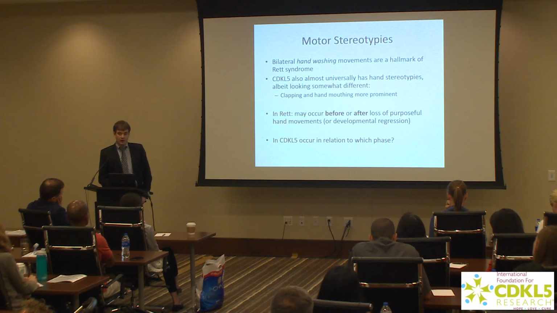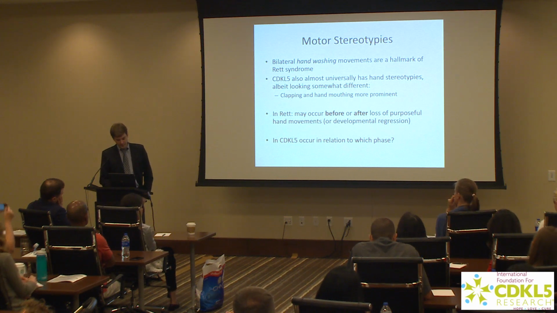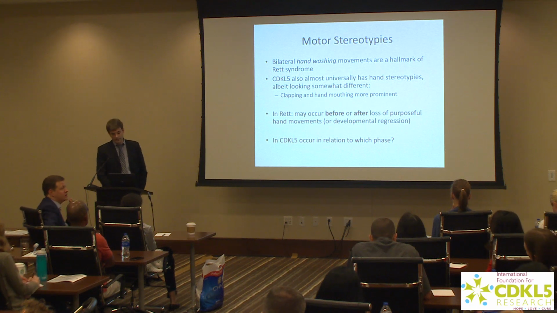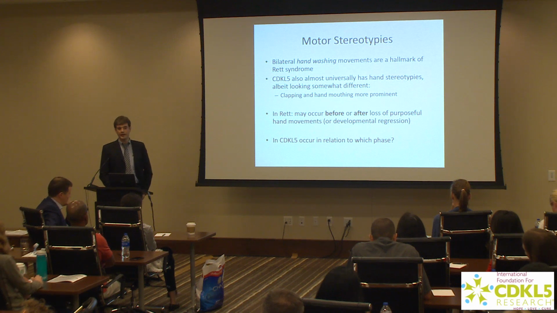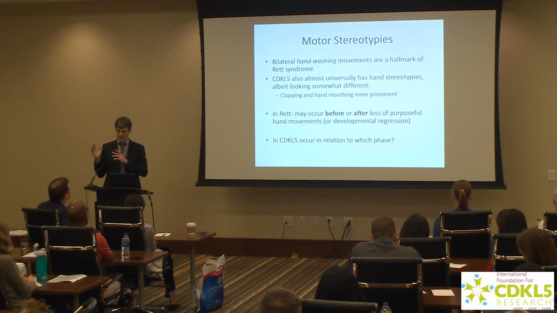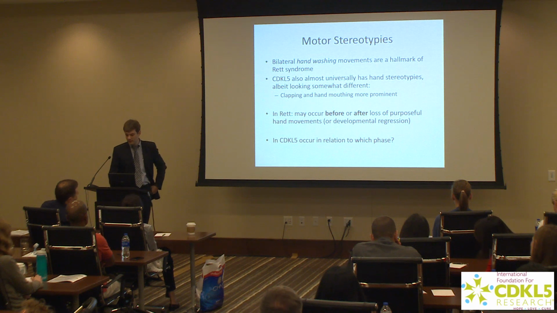All right. So moving on from these baseline movement disorders that may be found in CDKL5 syndrome, let's move on to more complex movement disorders. We already talked about motor stereotypies, with hand washing being characteristic of Rett syndrome, and interestingly enough, in CDKL5, in over 90% of the individuals you will find stereotypies, but they look a little bit different. So you could potentially tell a girl with CDKL5 apart from a girl with atypical Rett syndrome based on that. It'll never happen only based on the stereotypies, but they are a little bit different.